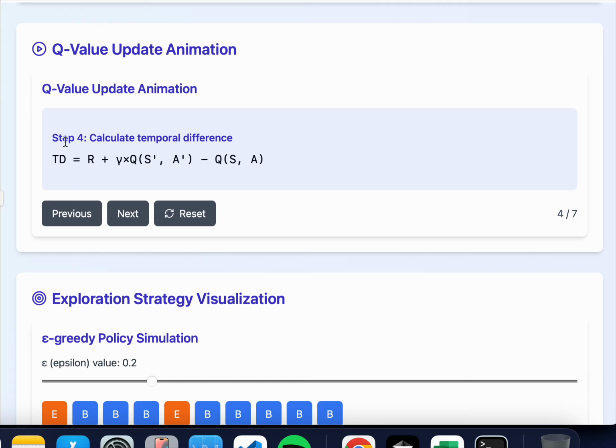Okay, so let's actually plug in some numbers. We have r is 1, Q of s' a' is 0.7, gamma, let's say it's 1 just to keep things simple, and Q of s a is still 0.5. And here we can see,